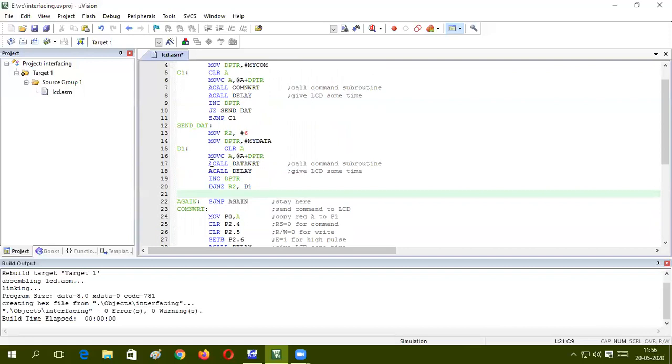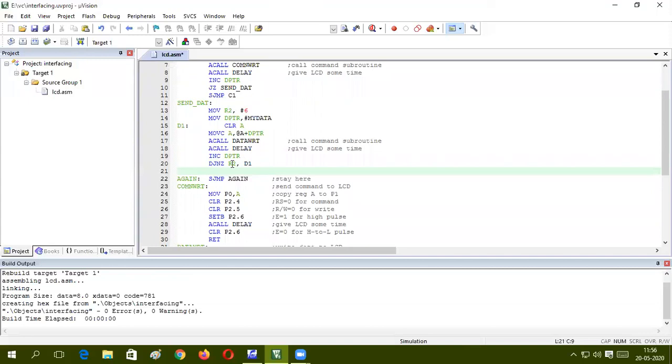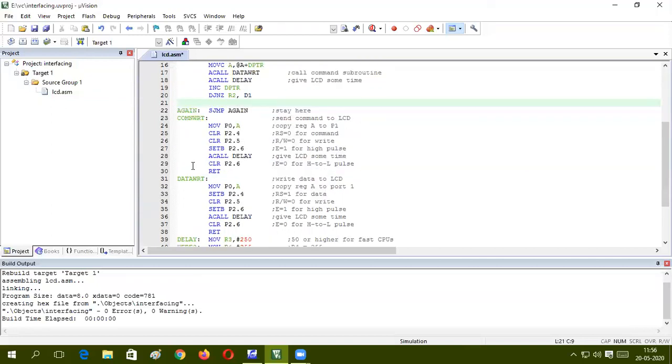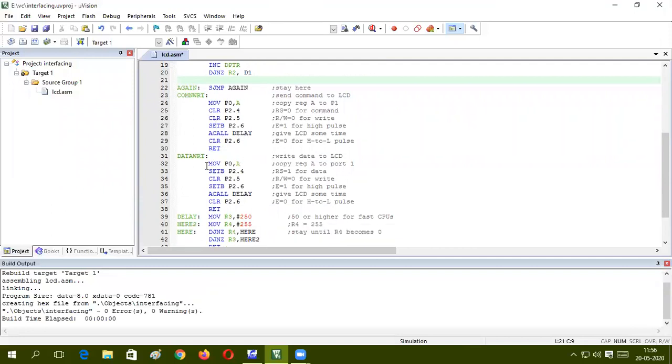In that case, we need to increment the DPTR and take all the 6 characters. When the count becomes 0, it will come out. In this way you are going to do the command write as well as the data write. So these are the subroutines for writing the command codes and writing the data. So this is the code.